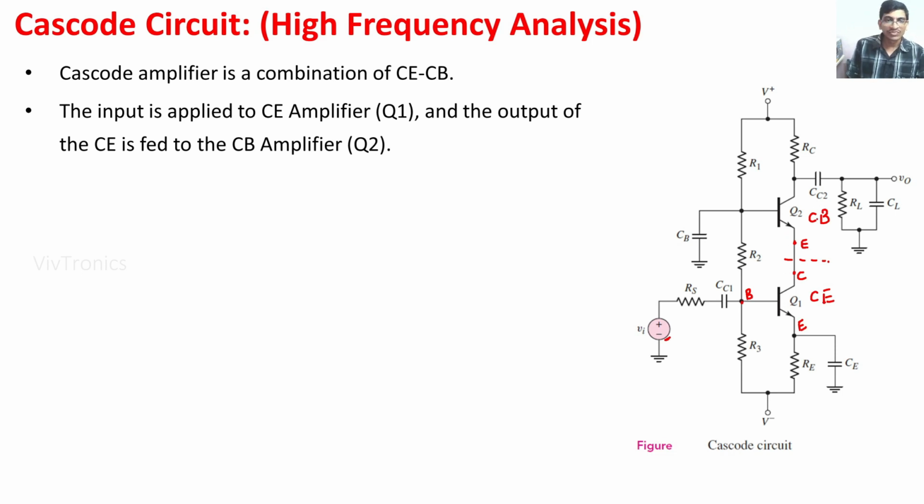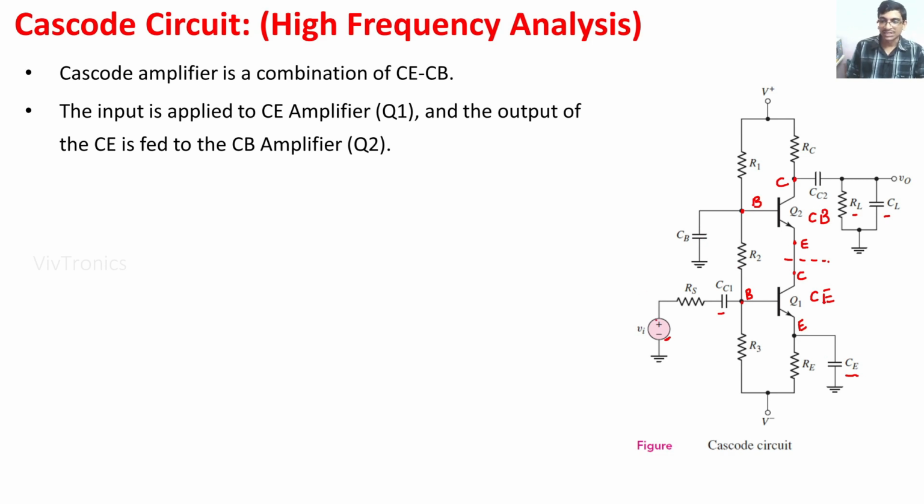That is the input for the CB configuration, and in the CB configuration the base is grounded through the CB bypass capacitor, and the output terminal is the collector terminal. Here CC1 and CC2 are the input and output coupling capacitors, RL and CL are the load resistance and load capacitance, and CE is the emitter bypass capacitor for the CE configuration,